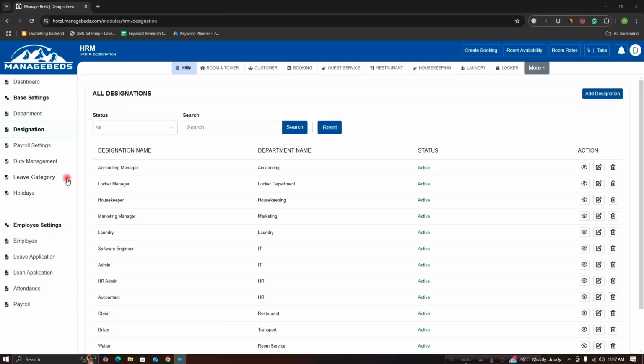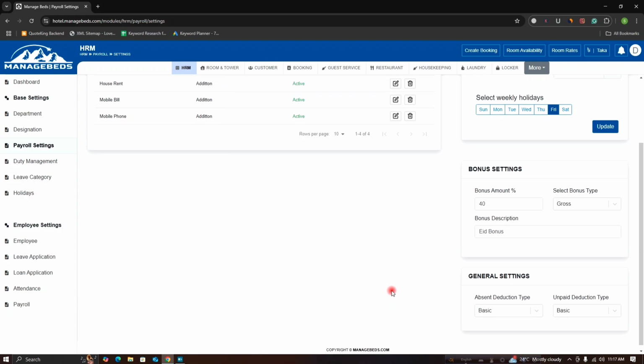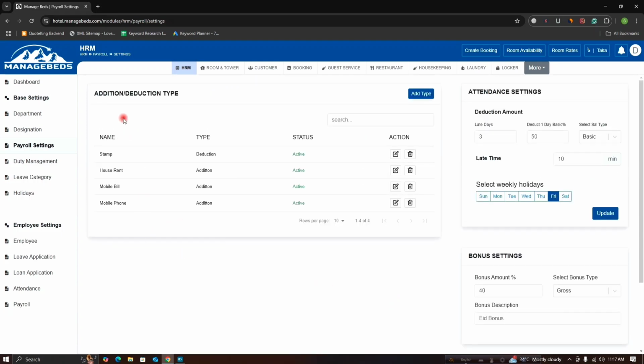So hello, after designation we have to go to the payroll settings of management. Now I'm clicking here. Here you can see a lot of types of settings. You can add or deduct the types of bills which will be added or deducted from your salary. So your salary will be created based on these settings,